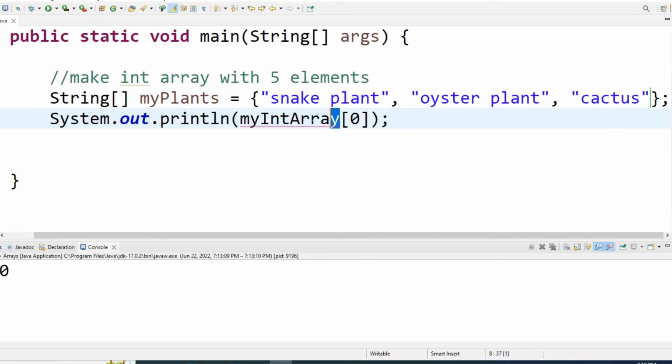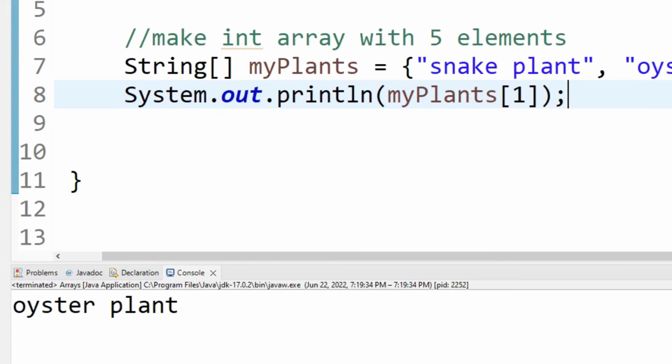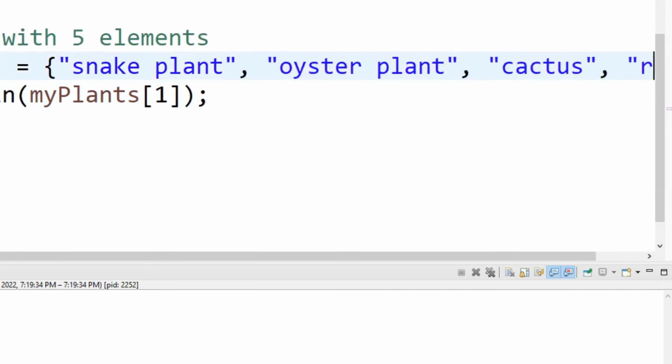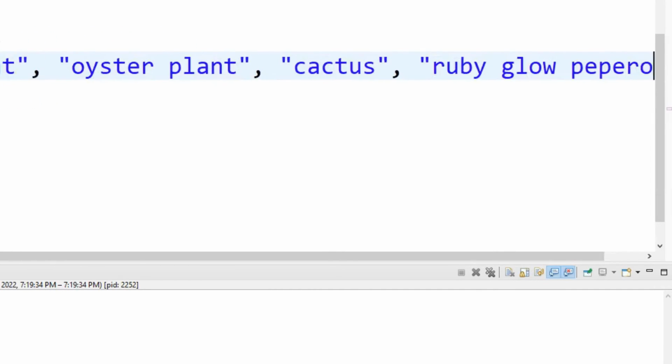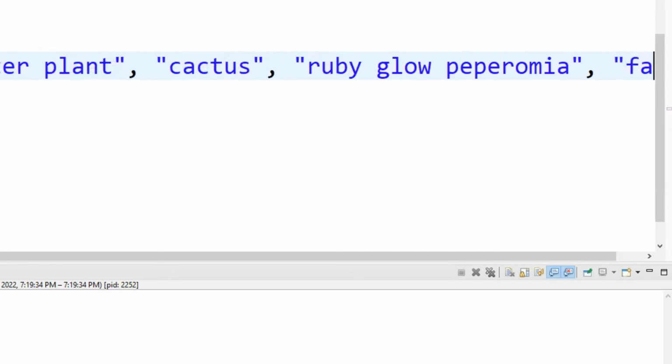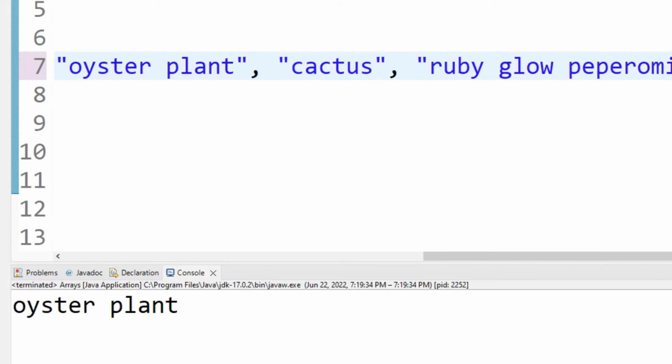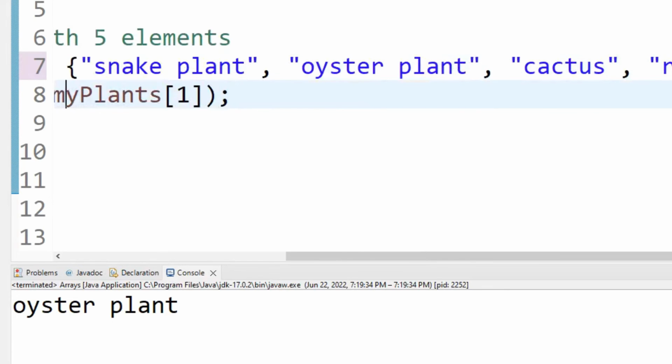So if we print my plants, let's print element 1. If we print this to the screen, we're going to get oyster plant. And now let's add a couple more plants onto here. Let's put Ruby Glow Peperomia and Fantasy Venice. So now we have 5 elements in our array, and we're going to do something that you do all the time with arrays,